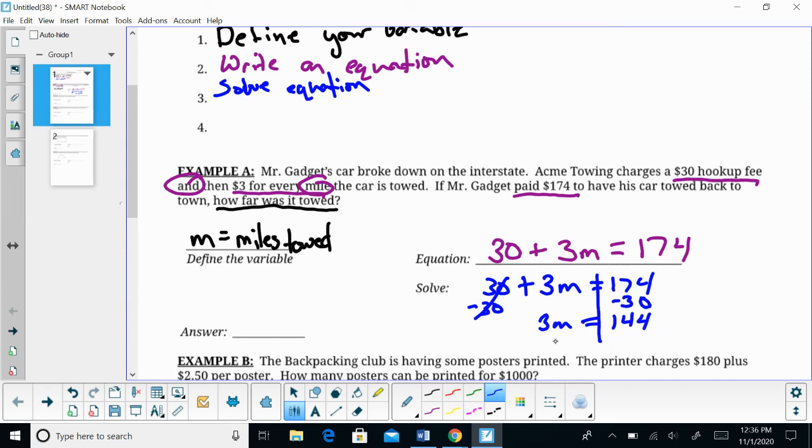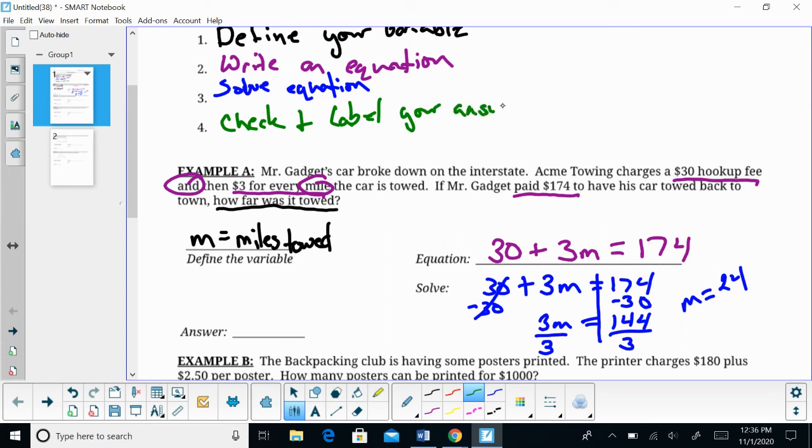Now 3m is multiplication, so I need to do the inverse, which would be division. 144 divided by 3, I have m equals 24. This brings us to the last step, which is to check and label your answer. So I have m equals 24. We're going to plug this in to our original equation to check it. So 30